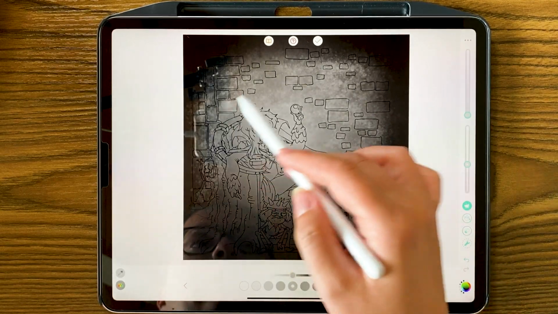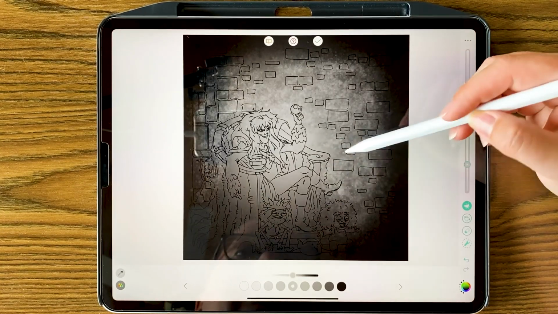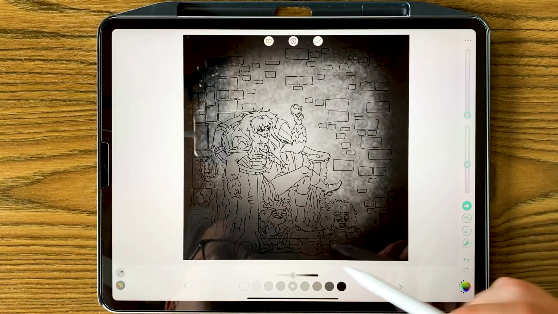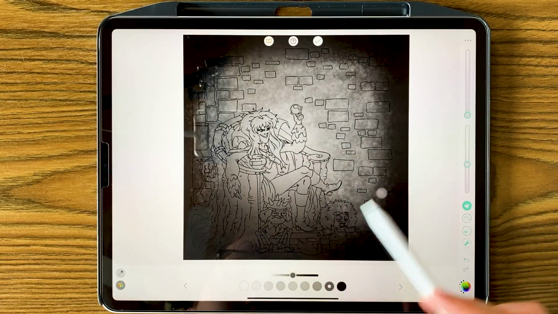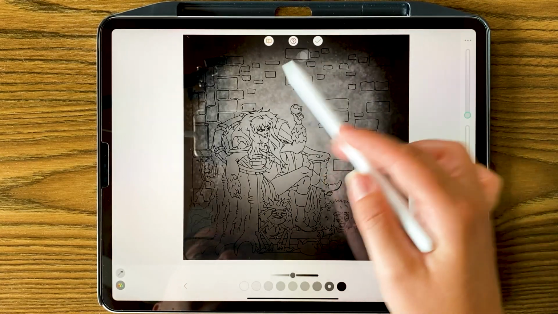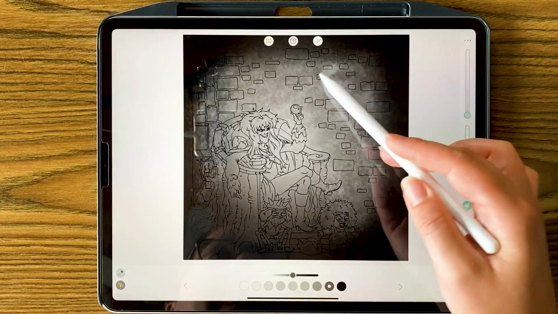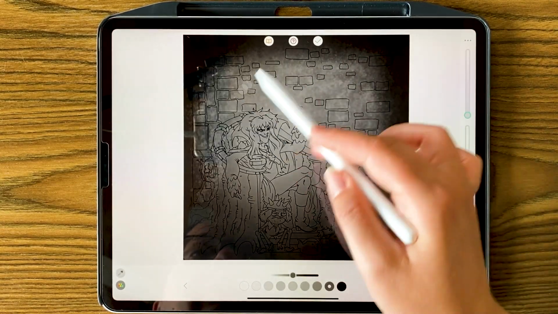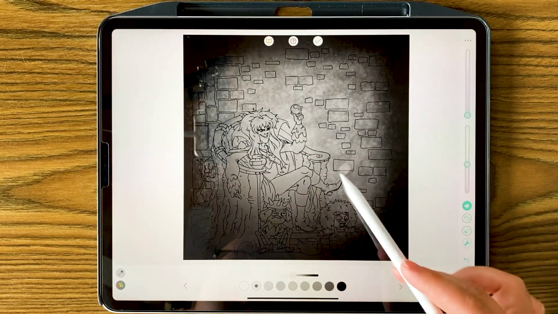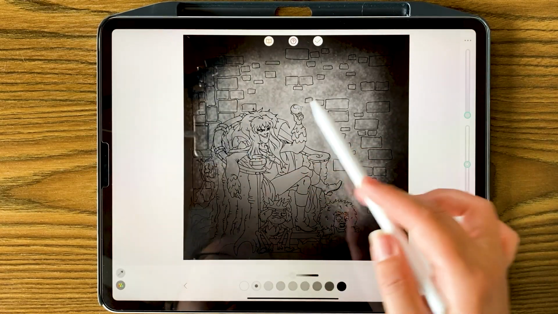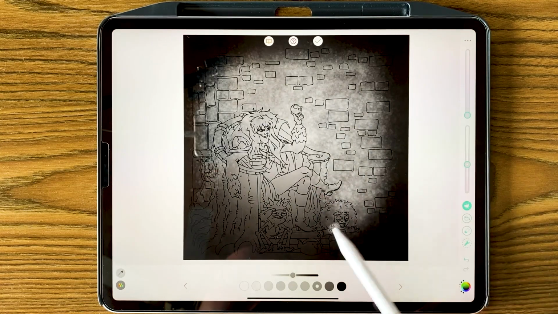I'm just using the darker tones to blend out the lighter stuff. So back to the dark one after I do the light, and then I just kind of go over it again to blend it out. I don't want it to look like splatter. I want it to look more like concrete speckle, right? You look at stone and you get that almost speckle look, like rough. So that's why I'm blending back and forth, layering up the different